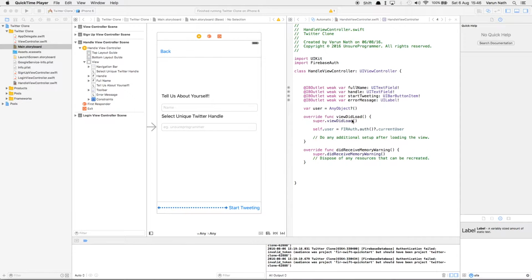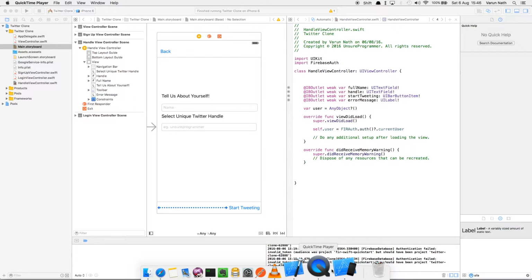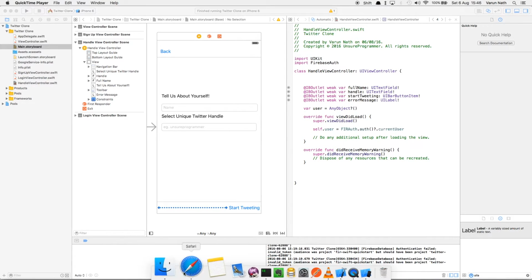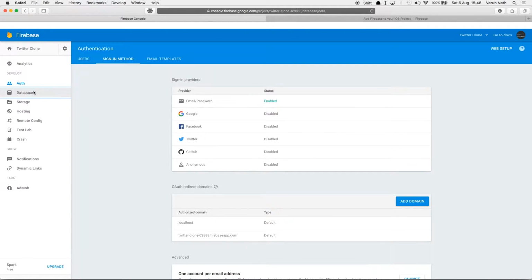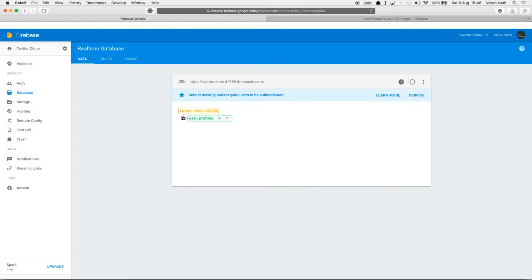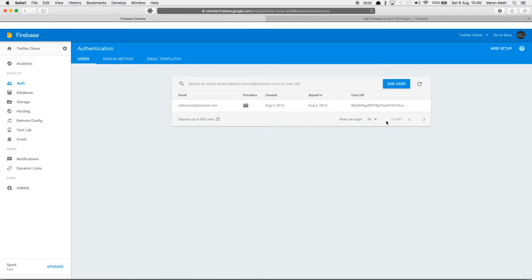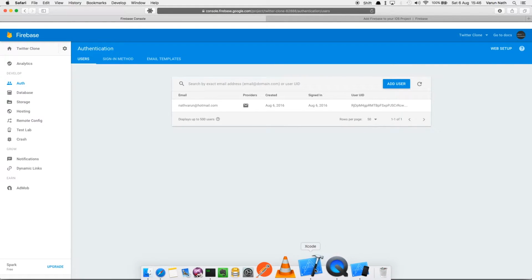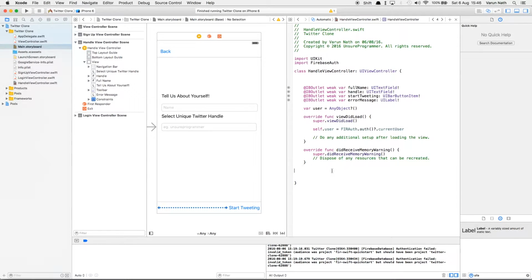Before we go any further with the handle view controller, let me just show you that the user that we had just signed in has been saved into our database. So going into our Firebase console, into our database, there we see a user profile with the user's ID and the user's email stored there. And if you go into auth, we see the user has been logged in there. Coming back,